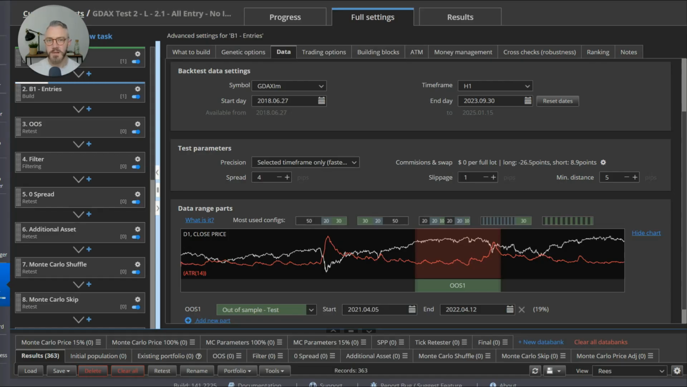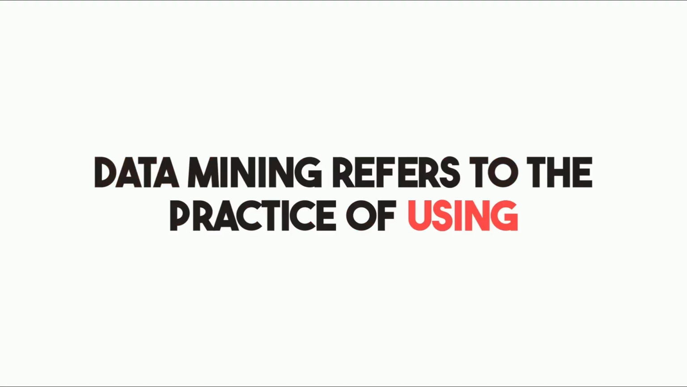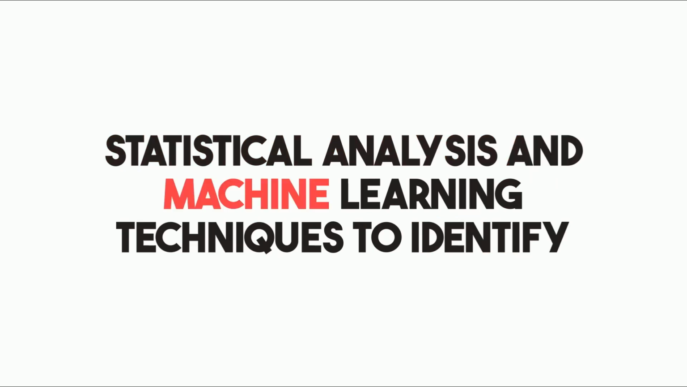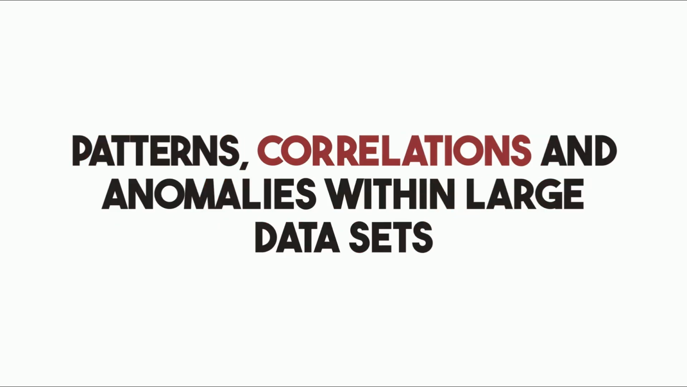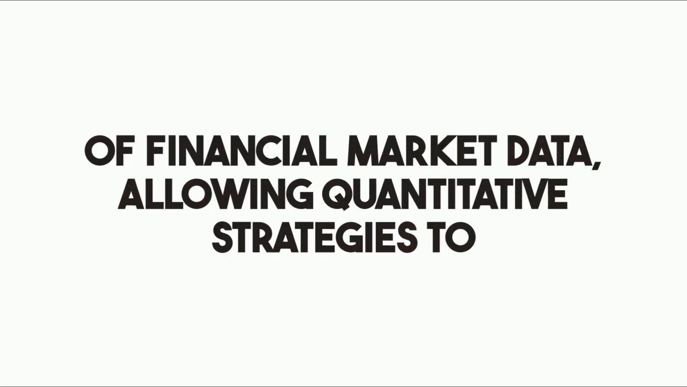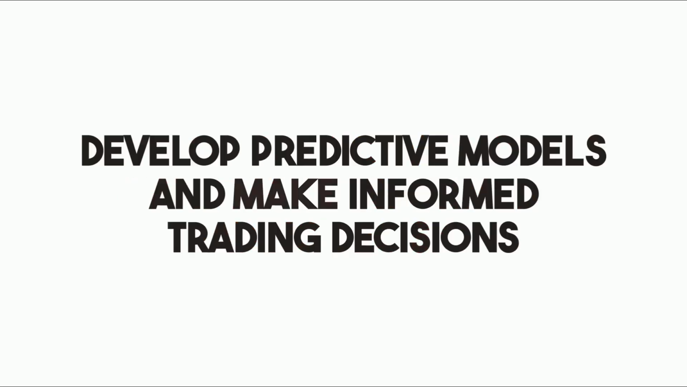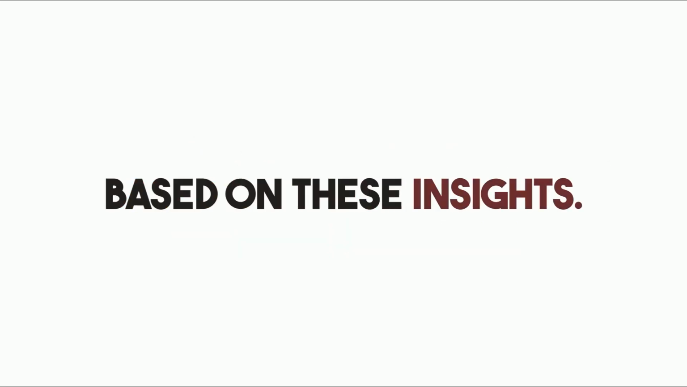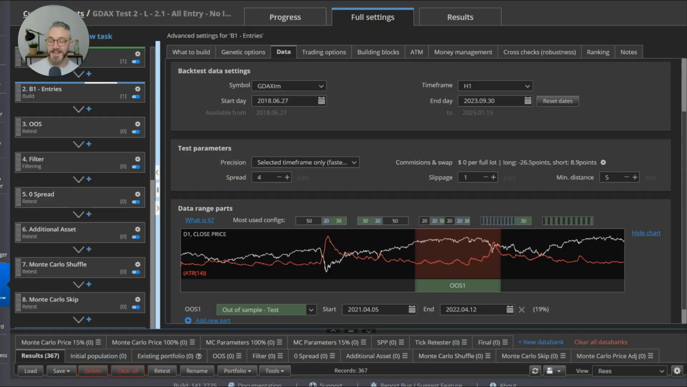So the way I like to build algorithmic strategies is, first and foremost, you start with data mining. So what is data mining? Data mining refers to the practice of using statistical analysis and machine learning techniques to identify patterns, correlations, and anomalies within large data sets of financial market data, allowing quantitative strategies to develop predictive models and make informed trading decisions based on these insights. What that's basically meaning is we're looking at large parts of data that we pull from